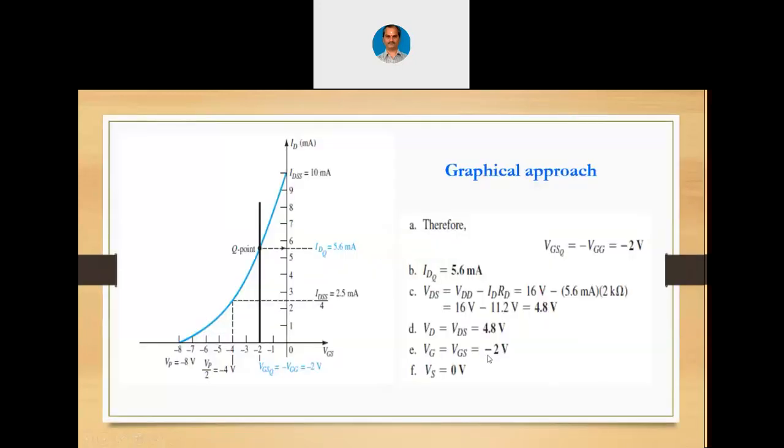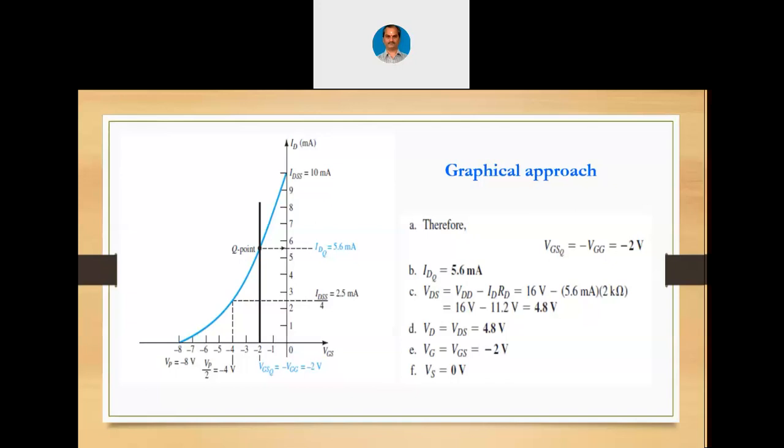So this way we have solved one exercise for a fixed bias circuitry using the mathematical approach as well as the graphical approach, and it is evident that the graphical approach is not really very accurate when compared to the mathematical approach. But the graphical approach is easier to use. Now in the fixed bias circuit, you may see that both are one and the same. We use the Shockley's equation directly and we use the graphical approach also directly. In the fixed bias, it is not difficult at all.